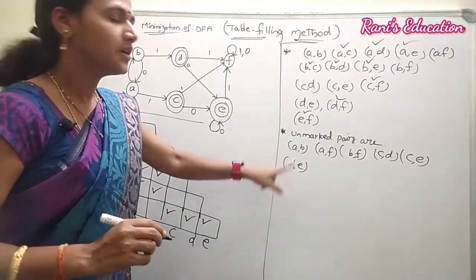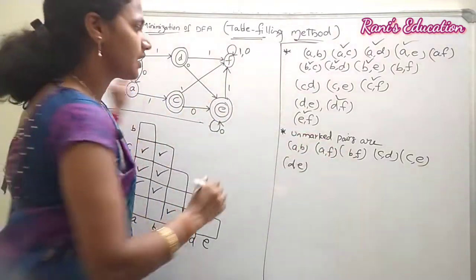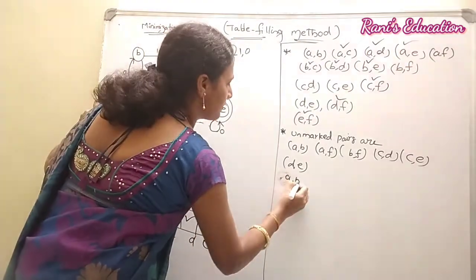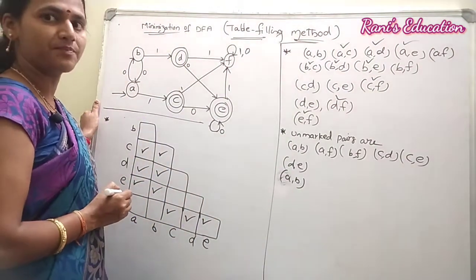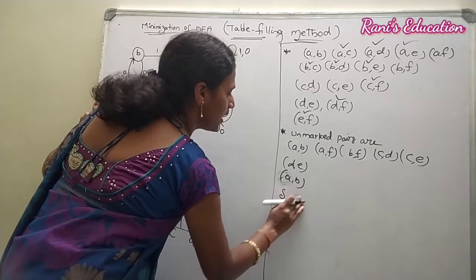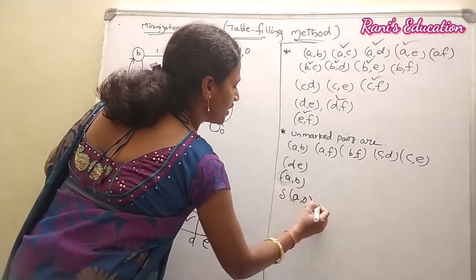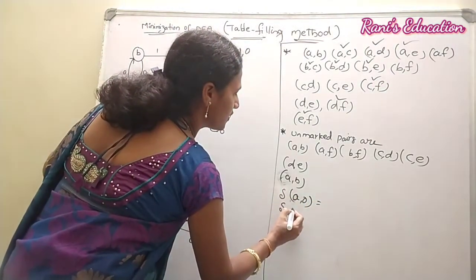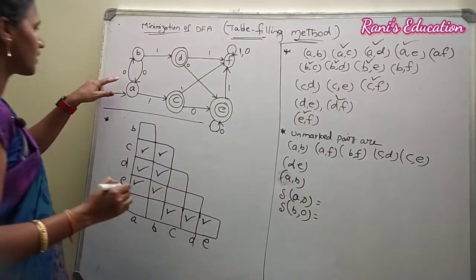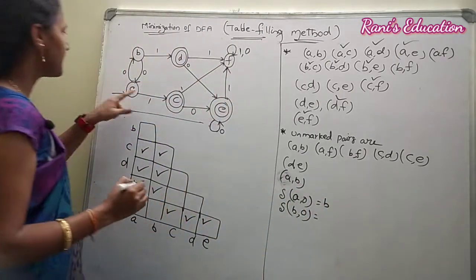Now what we have to do? We are going to compute the transition function for each state pair. Consider the state pair A comma B. That is delta of A of, what is the first input symbol here? 0. Delta of A of 0 we need to compute in the same way. What is delta of B of 0? What is A of 0 here? Mapping function, that is B. What is B of 0?